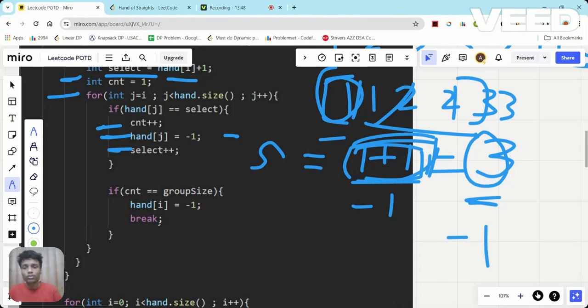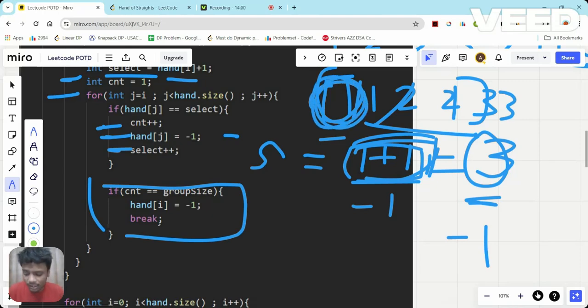Meaning I want to rearrange into the group size, right? Group size what? 3. Now I found count equal to group size. In that case, I can simply make the first element of the group minus 1. I have made the first element minus 1 as well. And then I will simply break the first loop and keep continuing until I iterate the whole loop and make the whole vector minus 1.